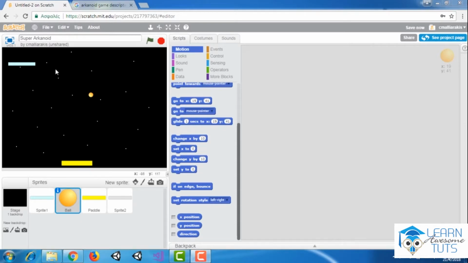We're going to create the ball actually. We would like it to bounce when it hits the edges. So we will start with the ball. I chose the ball and then